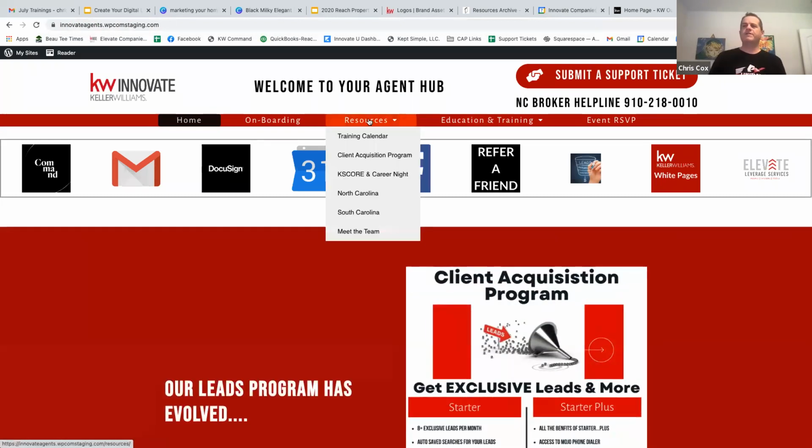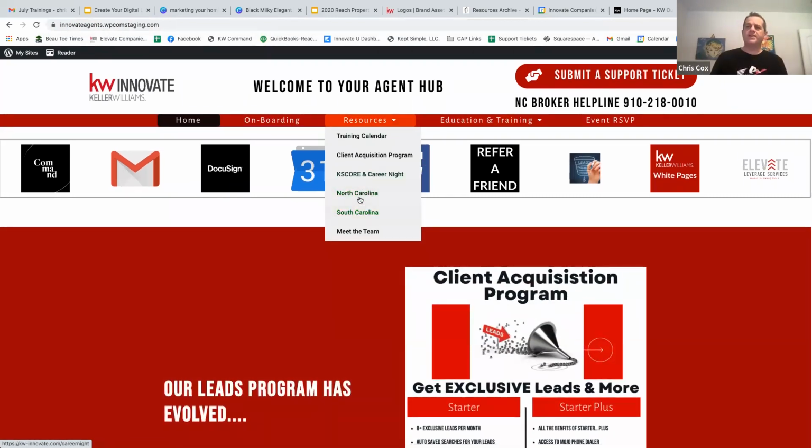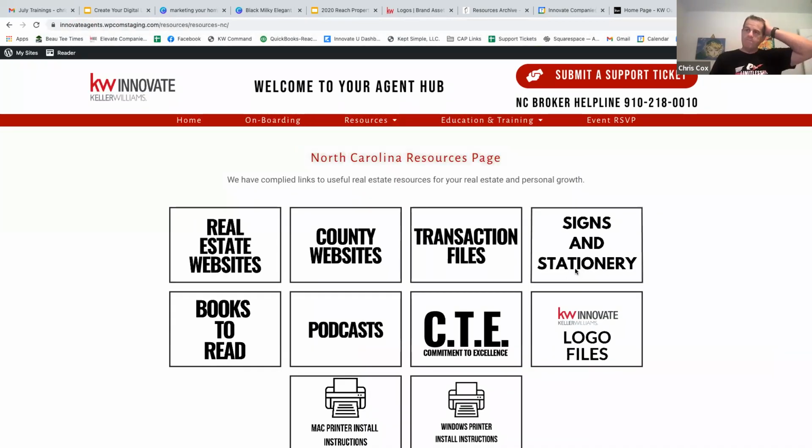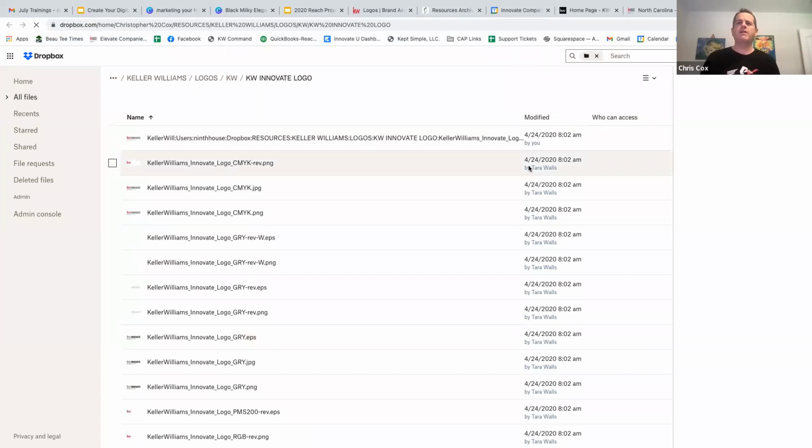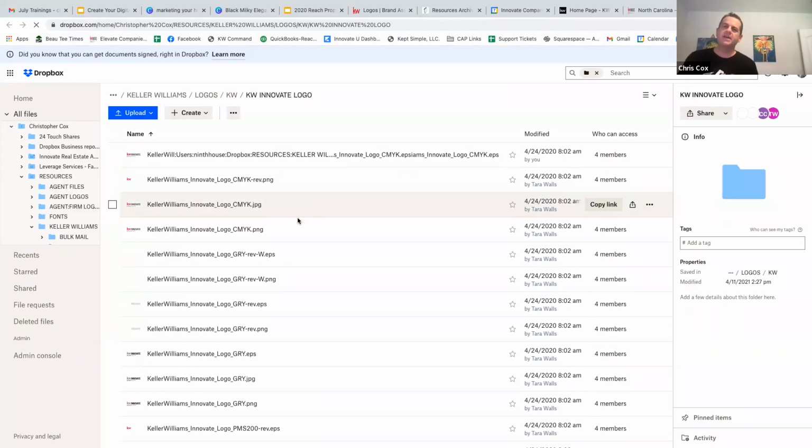If you go under resources, and if you go to North Carolina or South Carolina, choose your one. Go to North Carolina, and you see KW Innovate logo files. Go ahead and click there. That's going to bring you to our Dropbox account where you can download all of the official KW Innovate logo